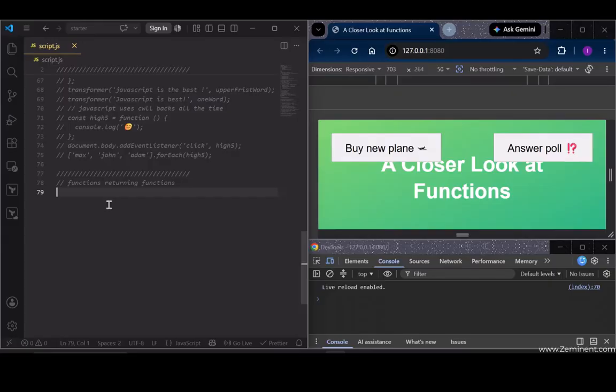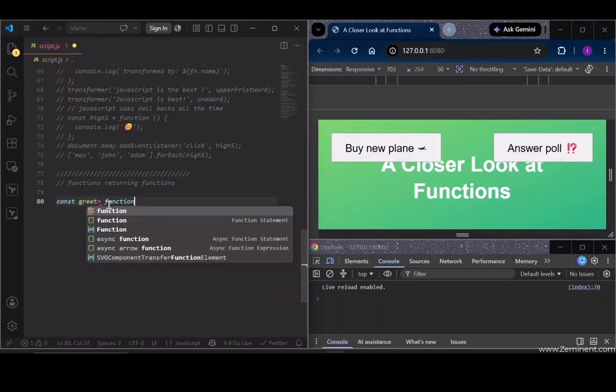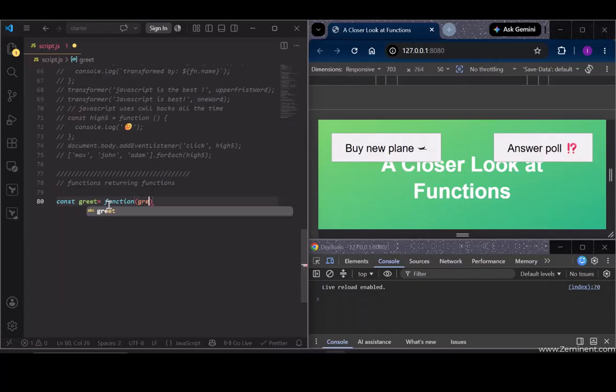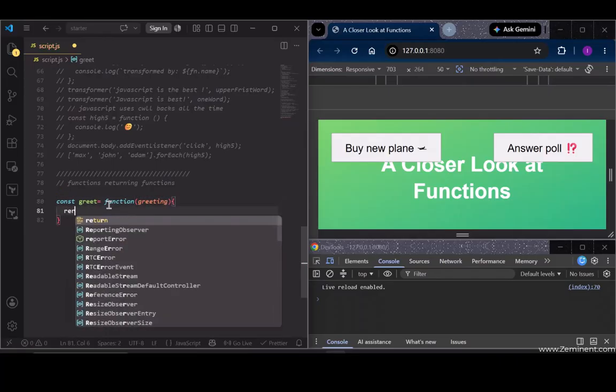Then all the function will do is return a new function. As always, we write return and then simply a new function value, and this new function that we return will also have a parameter, so it will be able to receive arguments. So let's just start writing const greet. We'll just say function of greeting here, and then here we'll just say return